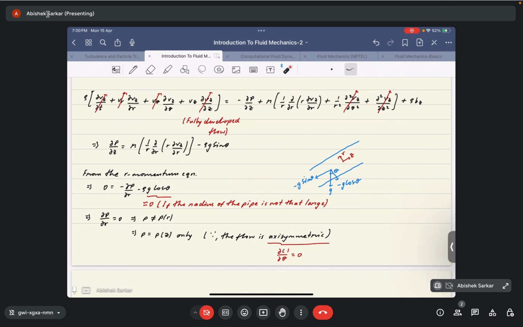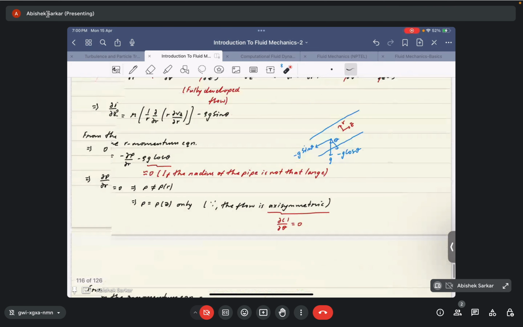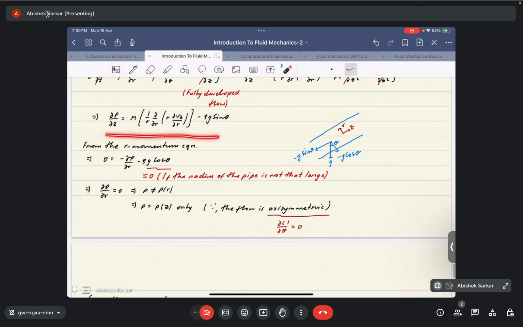Okay, so p is not a function of r. So since p is not a function of theta or r, but p exists in the flow, that's why p is a function of z only. Okay, so that's the first conclusion that we get. Now if we look into the z momentum equation, let's look here itself. Since p is a function of z only, this partial differential can be converted into a complete differential dp by dz, right? And moreover, since vz is a function of r only,